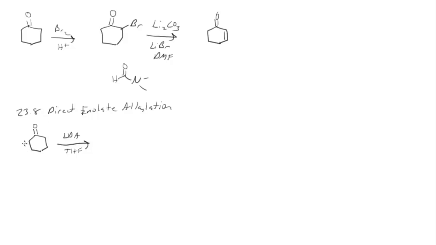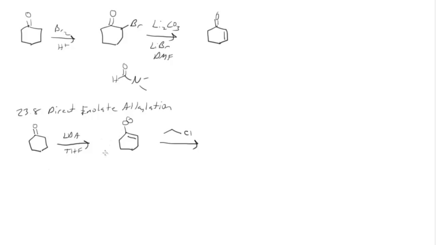Another reaction that we can do alpha to the carbonyl is an alkylation. Of course, carbon-carbon bond-forming reactions are very important. So if we react our cyclohexanone with LDA and THF, we can make the enolate. And then I take that enolate and react it with some kind of an alkyl halide, in this case